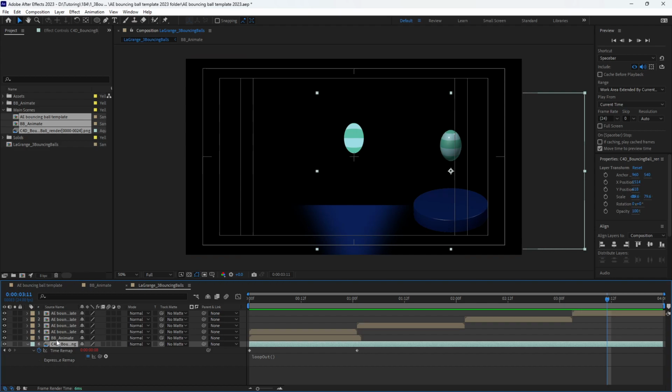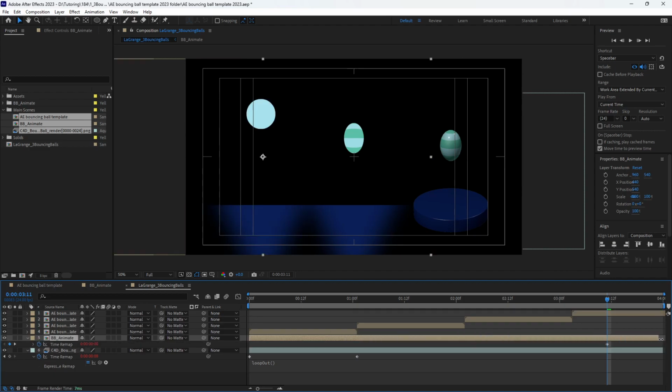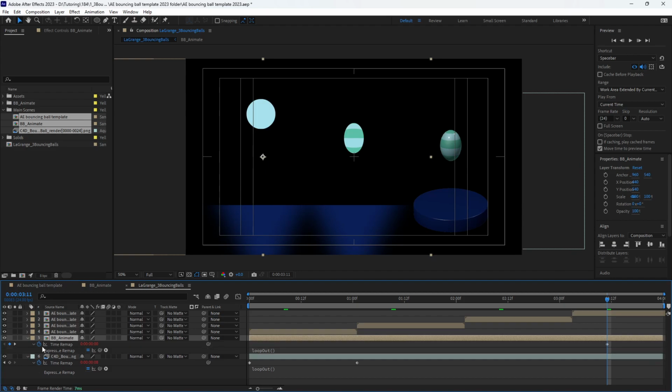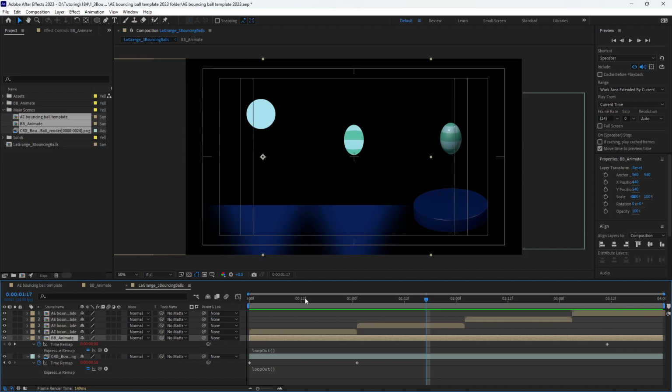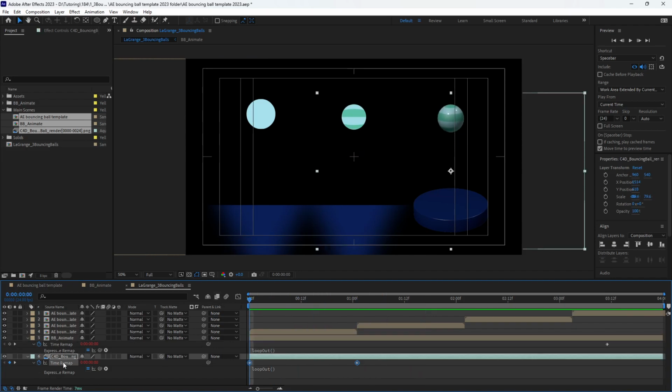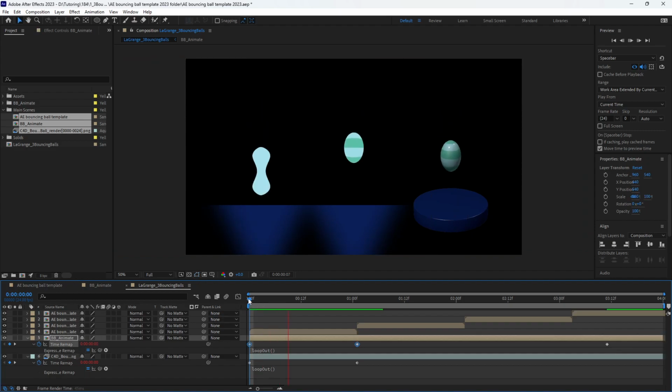So now I got to get the BB Animate to do the same thing. So I'm going to hit Control C to copy, come over to BB Animate, Control V to paste. I'm going to drag this all the way out. And my expression's already there. And so let's go ahead and see these hopefully loop. And if I don't get the looping that I want, let's try one more time, Control copy, Control paste. There we go. I don't know why keyframes didn't come over, but